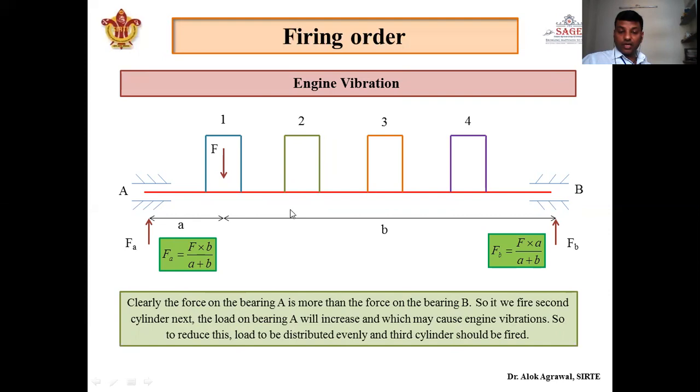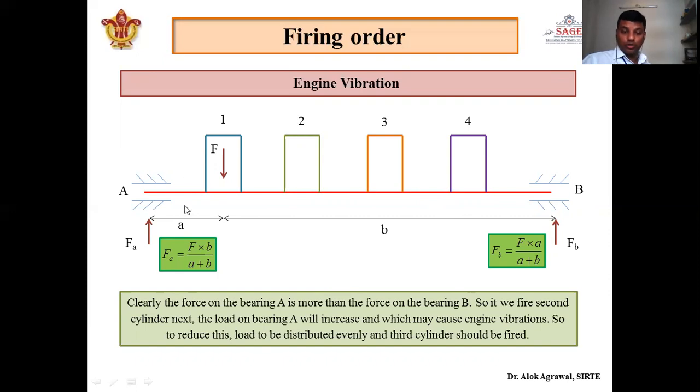Again the A will change, the B will change, but again the B will be greater than A. The distance between 2 and A will be lesser as compared to the distance between 2 and B. So if we fire the second engine after engine 1, then what will happen? The load in the bearing A will increase again, which causes the vibration, engine vibration, because twice in a cycle the load is more at point A and B has not yet much load, so there will be engine